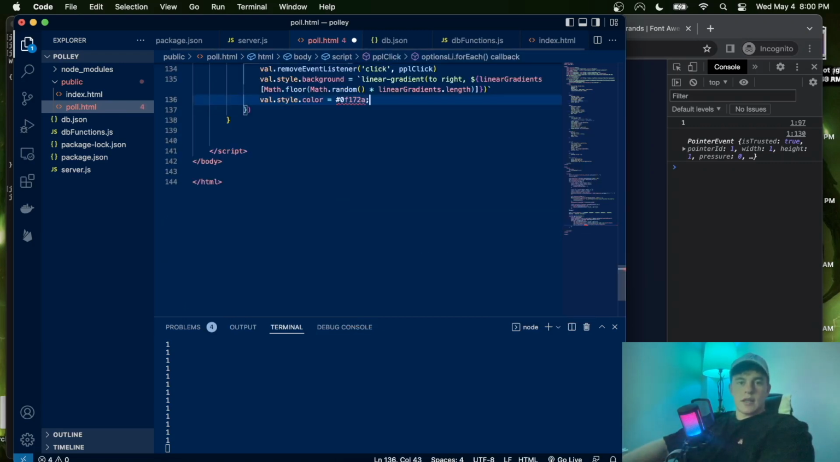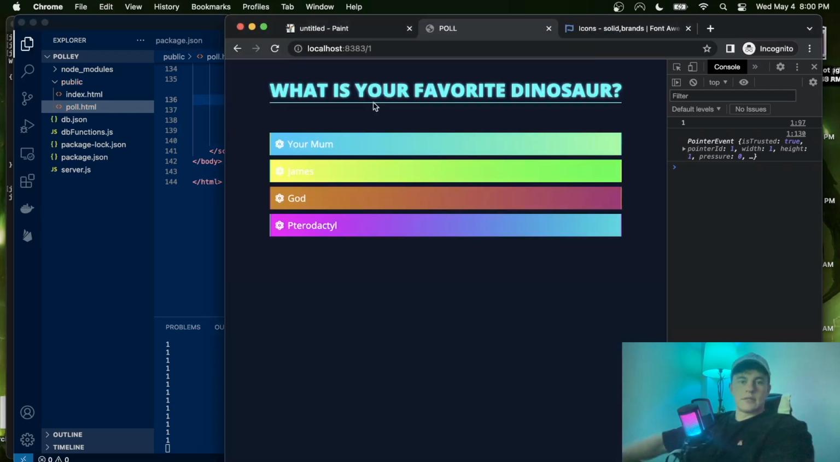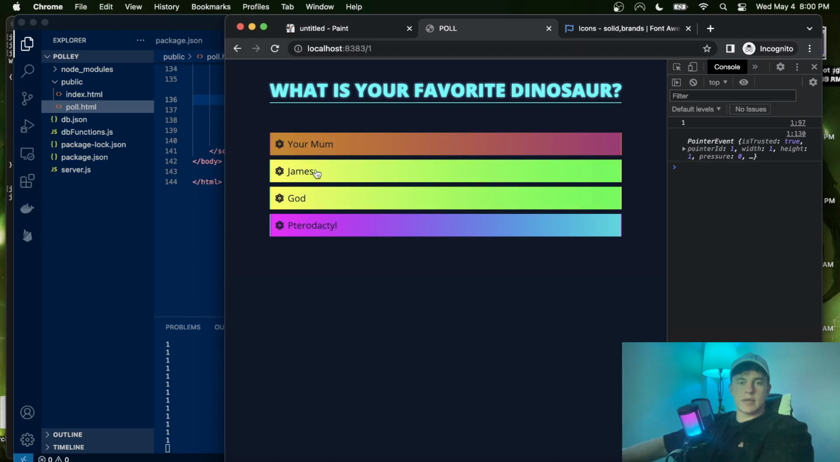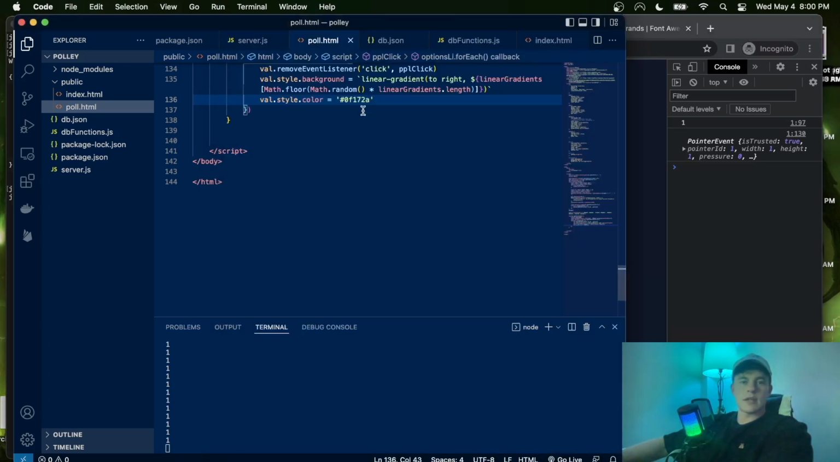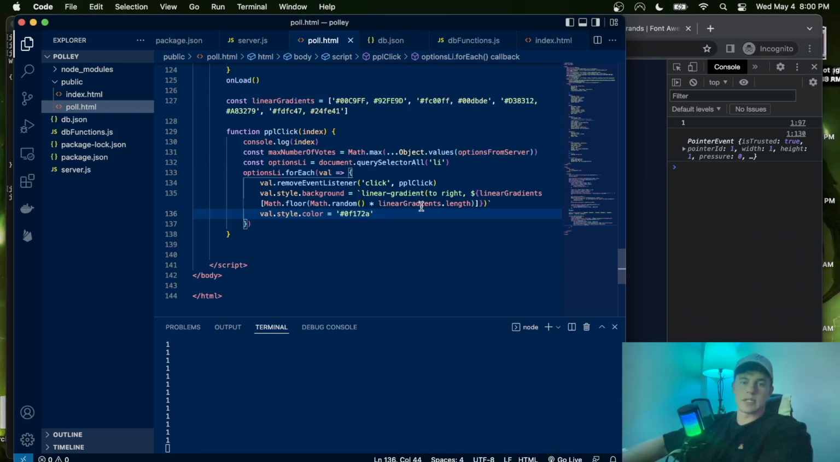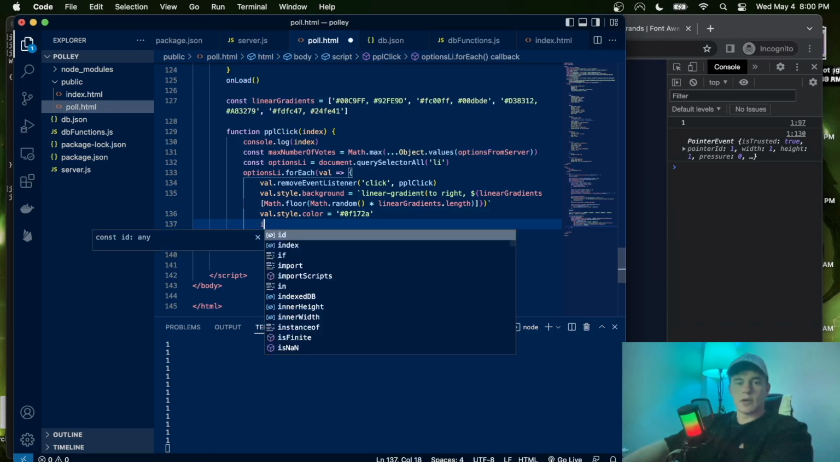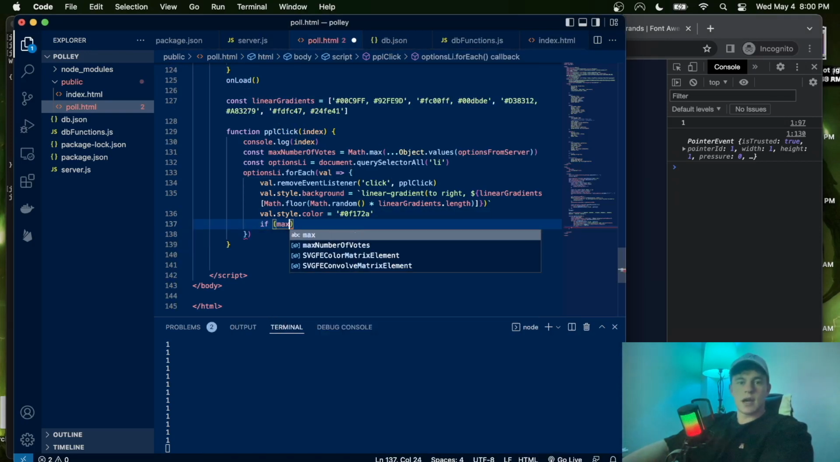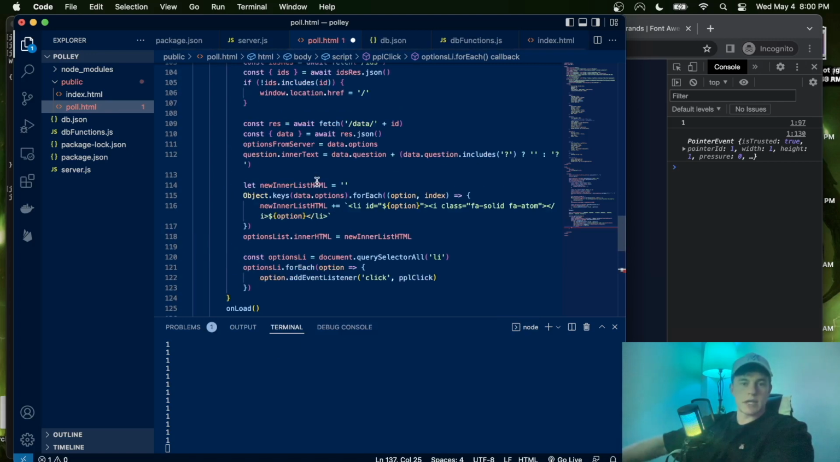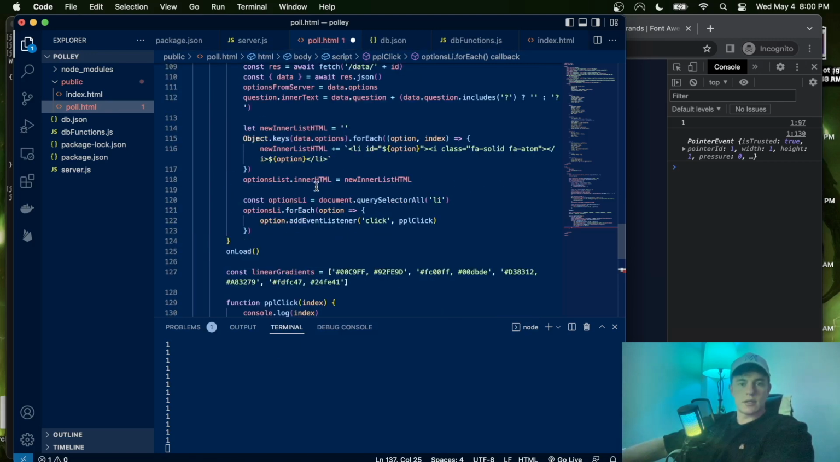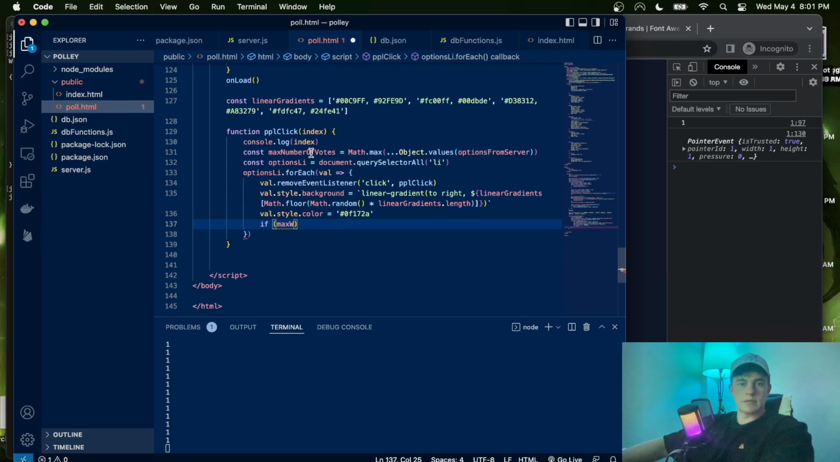So that will make it a dark color. So let's do that once more, click on it, and they will become dark. Cool. Now the other thing we want to do is set them according to their maximum widths. So we're going to say if max, where do we define maximum width? Maybe we didn't. Maximum number of votes is just there. So if maximum number of votes is equal to 0,